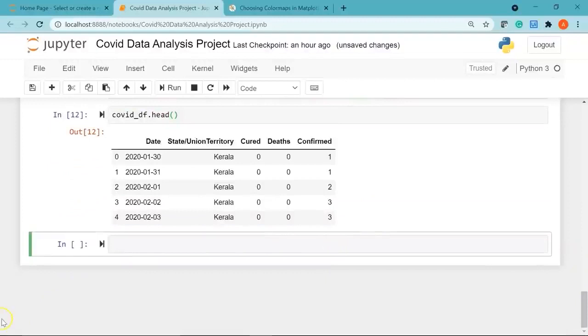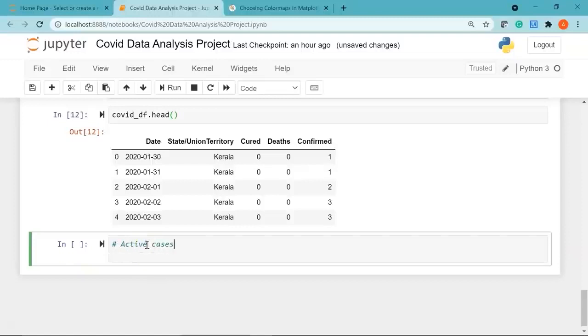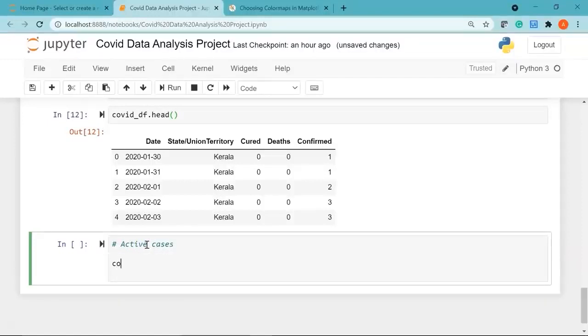Now moving ahead, we will see how to find the total number of active cases. Active cases are nothing but the total number of confirmed cases minus the sum of cured cases plus deaths reported. So let's find the active cases. I'll give a comment. I'll first write my data frame name, that is COVID_df. Within square brackets, I'll give my new column, which is active_cases. I'll say equal to